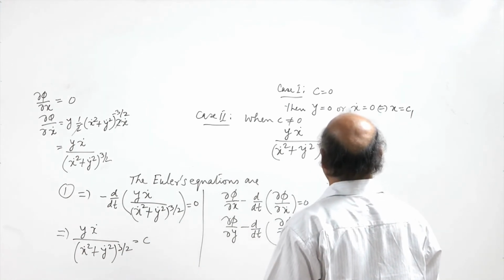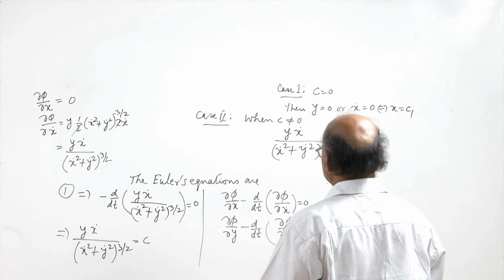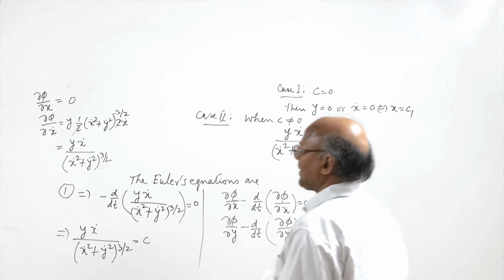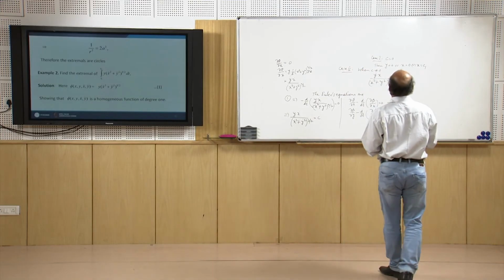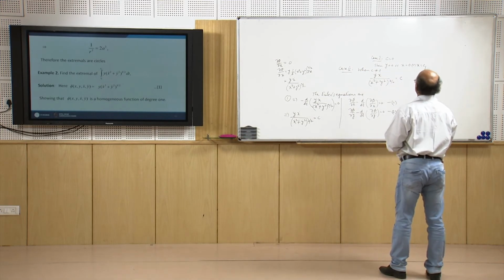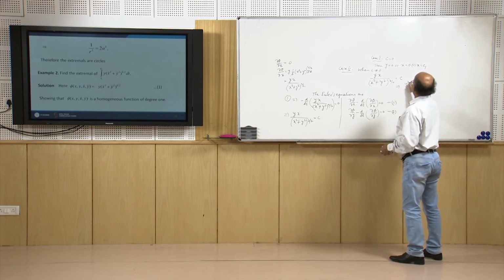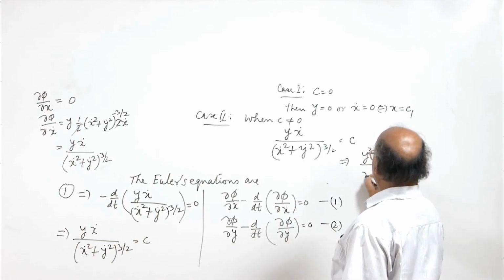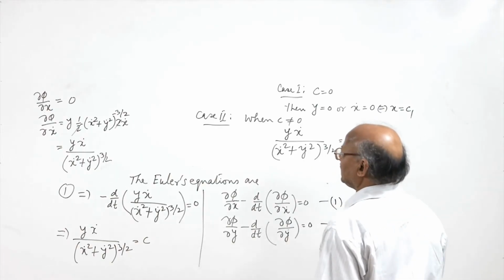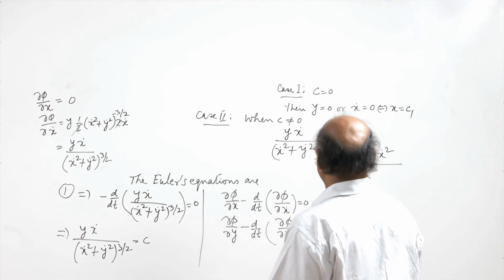We have to solve it, so we will square it, y square x dot square upon x dot square, we have x dot square to the power